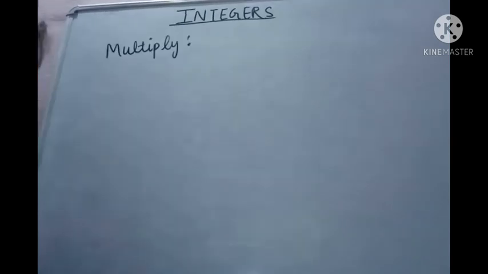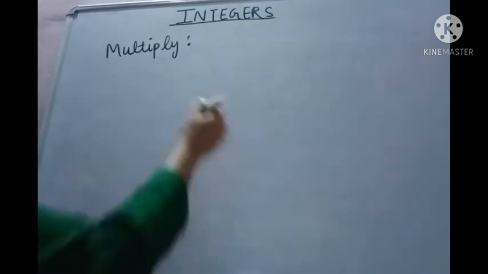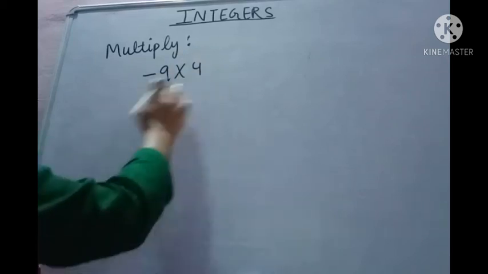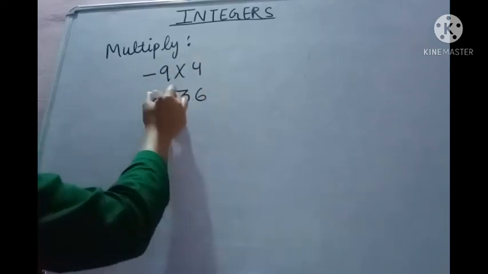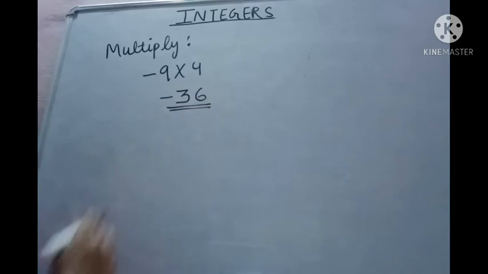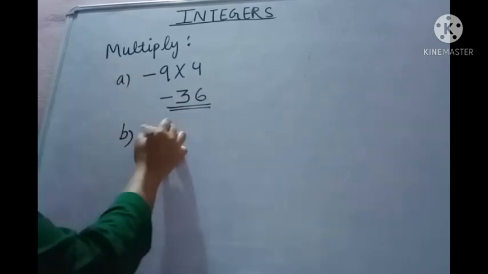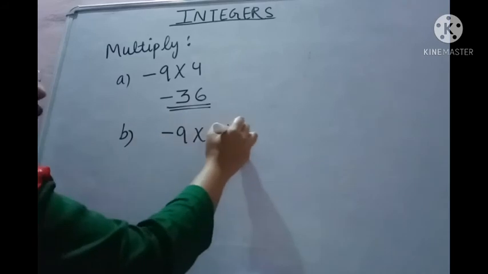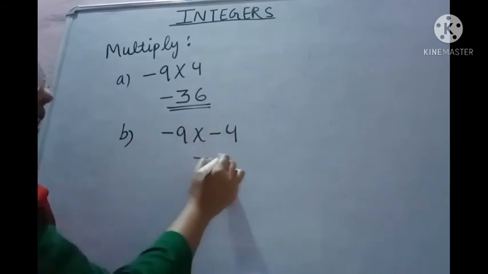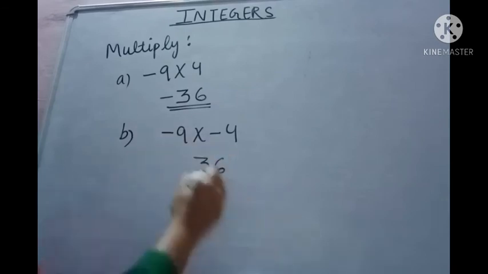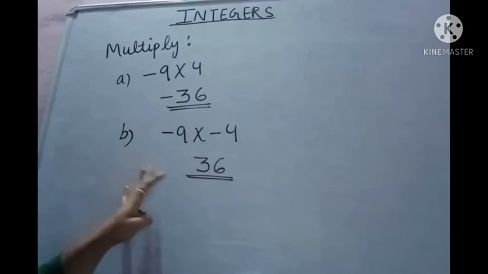Is it clear? Now let's multiply two of the terms. In case you need to multiply minus 9 with 4. It's very simple. 9 4s are 36 and one negative sign is there, so just put that negative sign. But if in case this question was, just like I am writing B part, minus 9 into minus 4, 9 4s are 36, then in multiplication this minus minus sign got cancelled out and your answer will be positive 36 only, and it is not needed to write down positive sign on the digits.